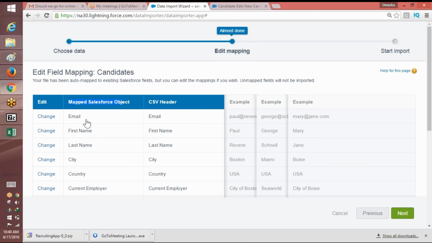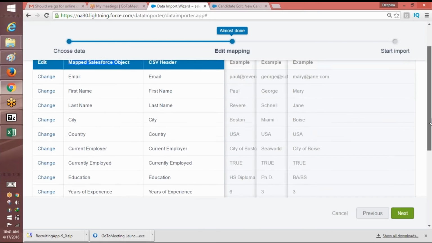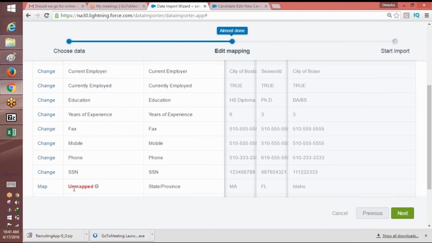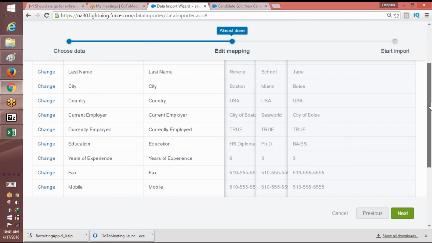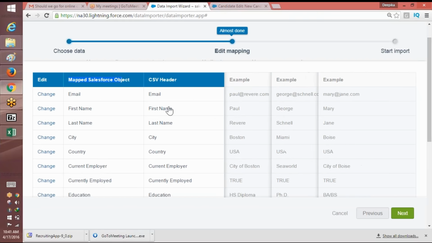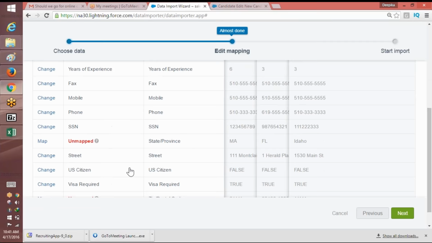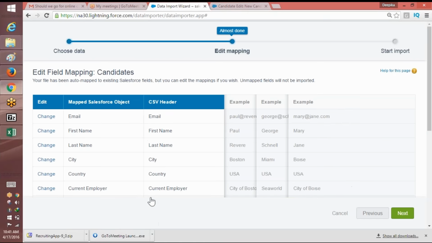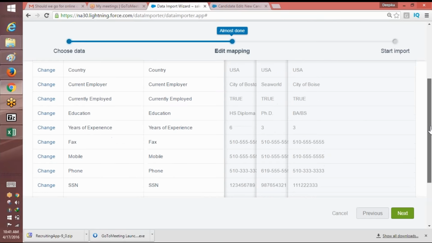Automatically, all the fields which have the same name were mapped. If there is anything which is not mapped, it will show you this unmapped sign here, so you can map it. Everything that we have created in the candidate object and the one that we got from the candidate file are all the same. So you can just click on the map button. It was not able to figure out this state part here, so I'm going to map my state with this